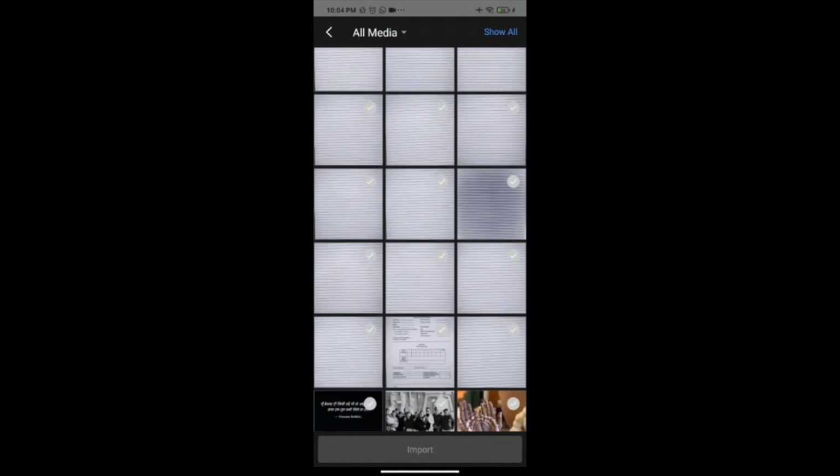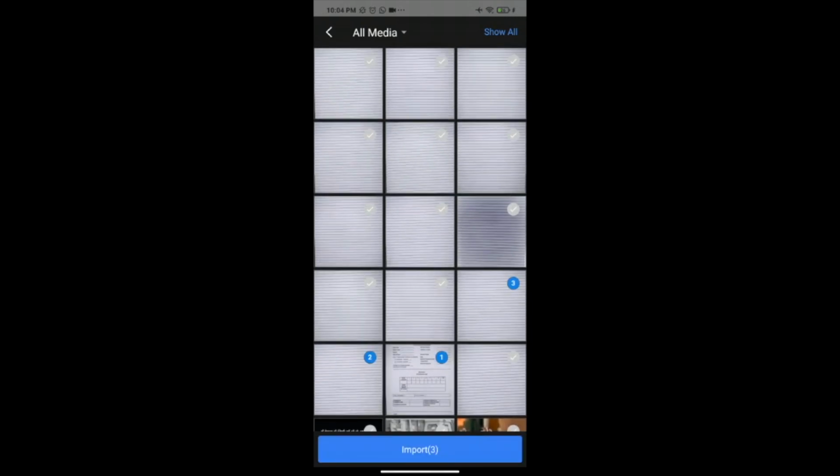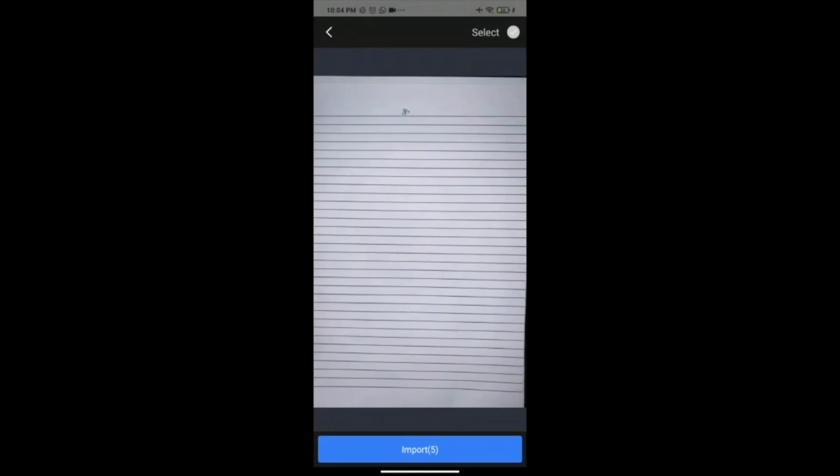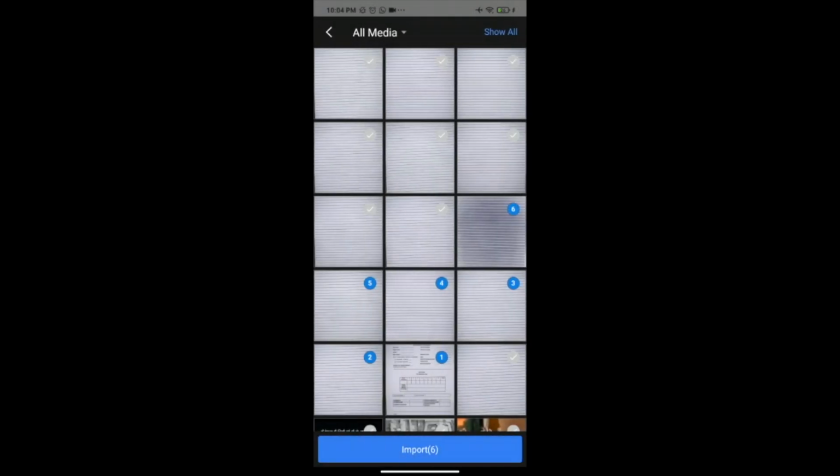If you have saved your photos in your gallery, then you have to click on the gallery icon. This is the best option. Select your photographs and title page from your gallery and click on import, which appears at the bottom. If you want to adjust your answer sheets, this adjustment is available from all four corners. After making adjustments, click on Done.